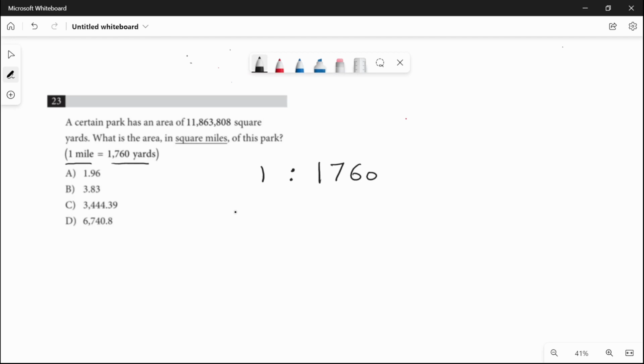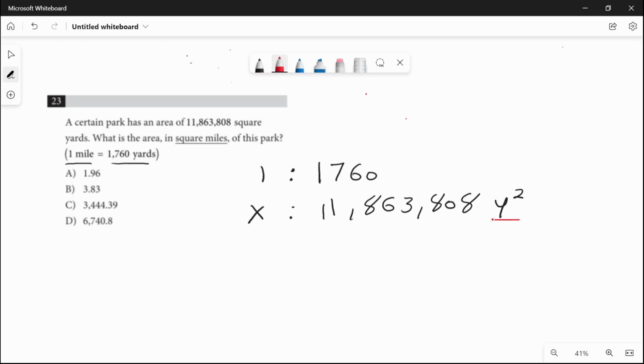And we need to know the number of miles that will have 11,800,000 yards squared. So before we cross multiply, you should notice that this value here is for the area, and it's